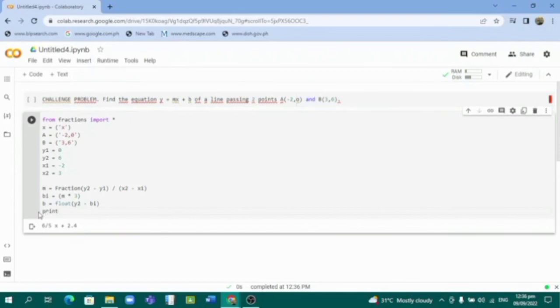Print y is equal to, comma, and then m, comma, then x, then comma, and then insert here plus sign, then comma, and then b. I'm gonna print it. So why? Because